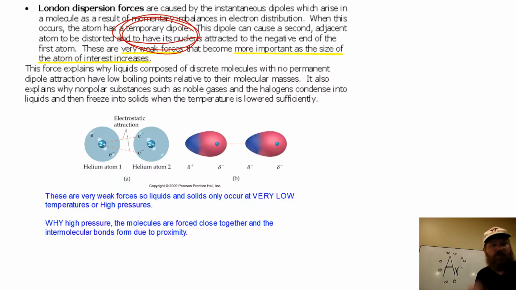However, if all you've got is London dispersion forces, and you have a whole lot of it, say you got a giant pile of London dispersion forces, then it might actually add together to be something significant. Going back to my ant analogy a second ago. So sometimes with carbon chains, we might have a carbon to carbon to carbon to carbon, like a very long chain of carbons and hydrogens in a long pattern,